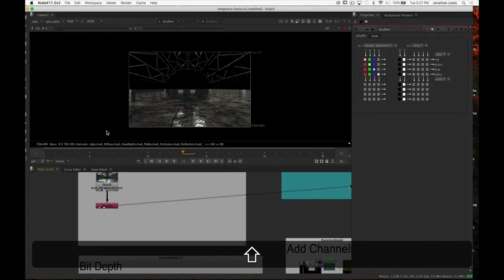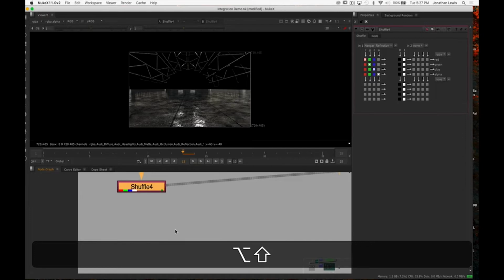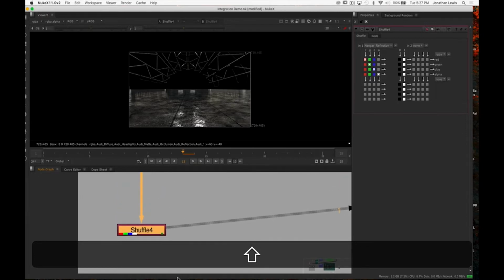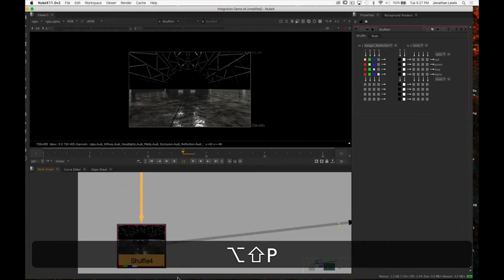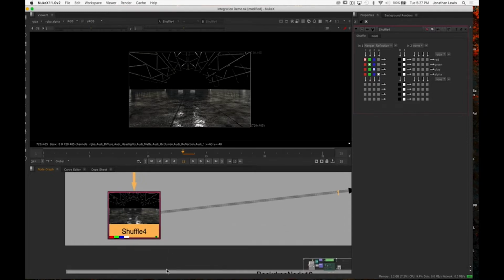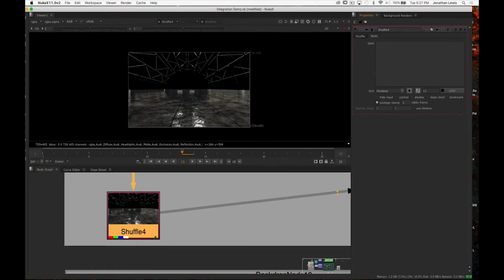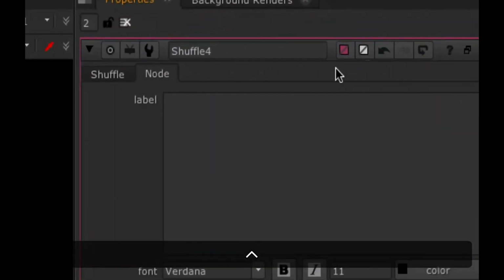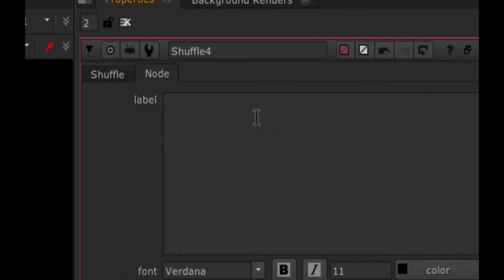Now, here's a little trick I can show you guys with this shuffle node that you can do. First, you can create a little postage stamp so you can visually see what you're going to render out by holding down Option and hit P. See how now you can visually see this is the hanger reflection. But if you go into the node tab of the shuffle, you can add in this little simple expression. You can do open bracket, value in,